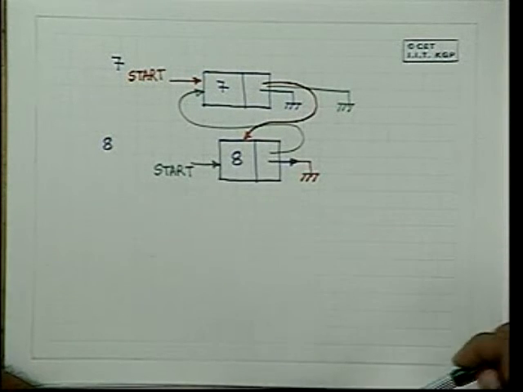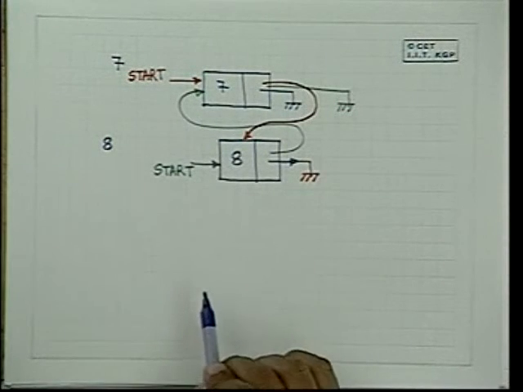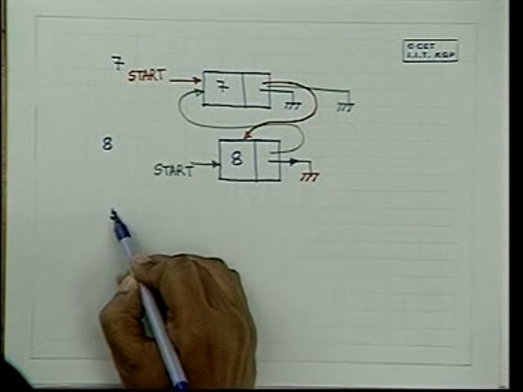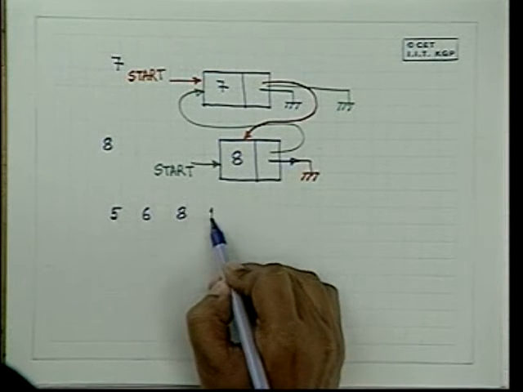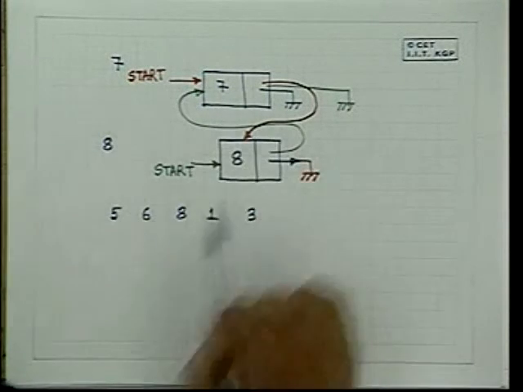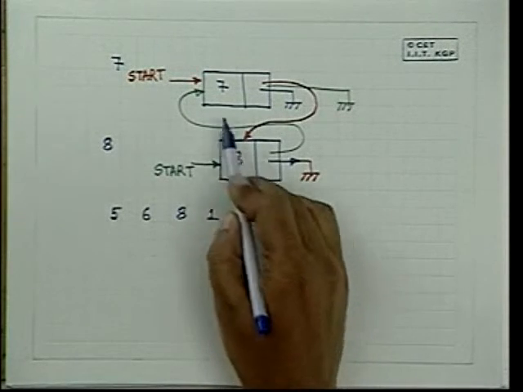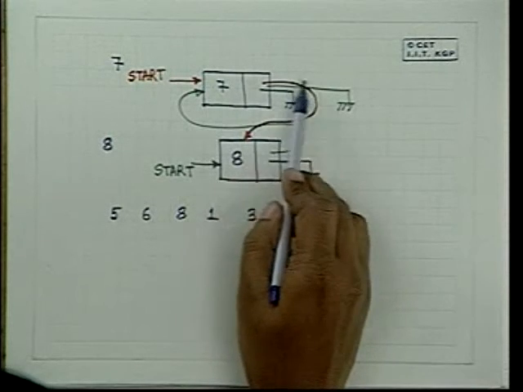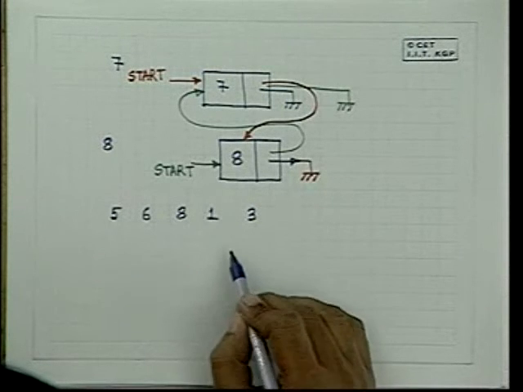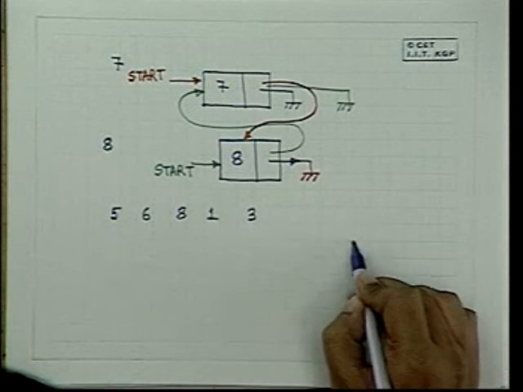And while you are reading in the data, after having read in, suppose you read in a set of 10 elements and then you don't want to read anymore, and suppose you have read in the elements 5, 6, 8, 1, 3, and then the user says I want to enter no more data, then this linked structure in the green format where it is put in the front, that is the new element is put in the front, and in the red structure the new element is put at the end. So if we put it in the front, then if this comes first, this comes second, then after the whole linking is done,